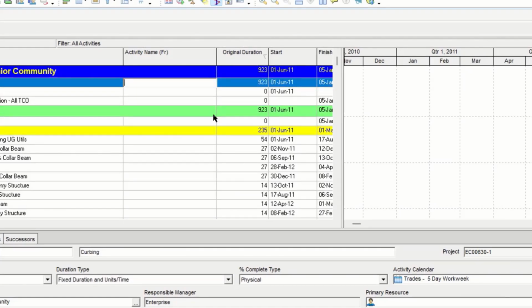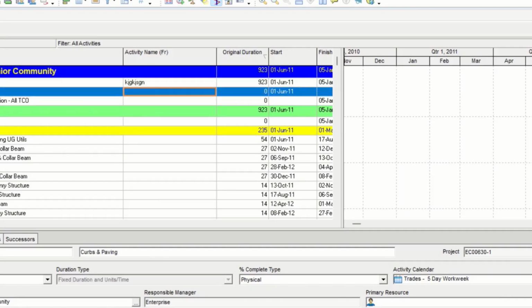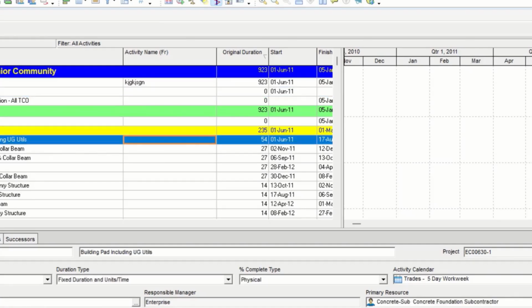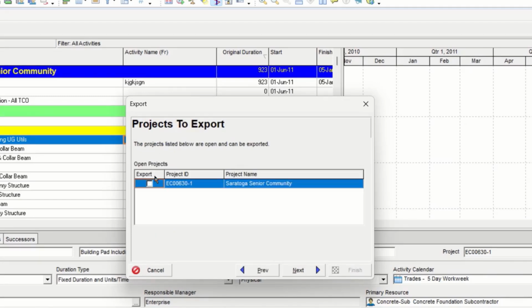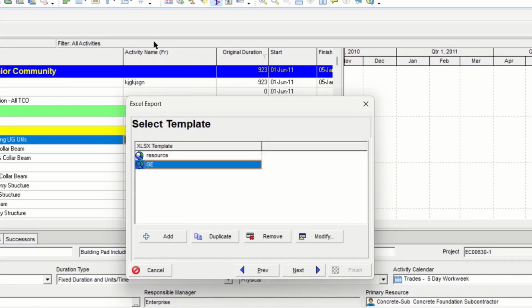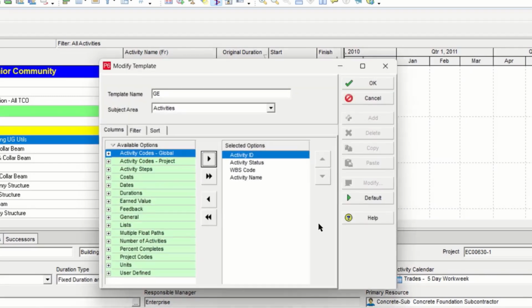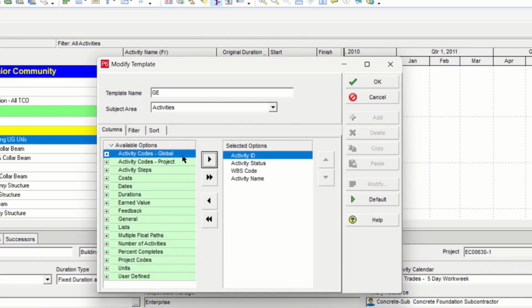We are gonna write something, anything, just like this, and leave it be. Another thing that you need to take care while exporting is go to Excel, activities, export, and here you need to modify because you will be getting only these columns.